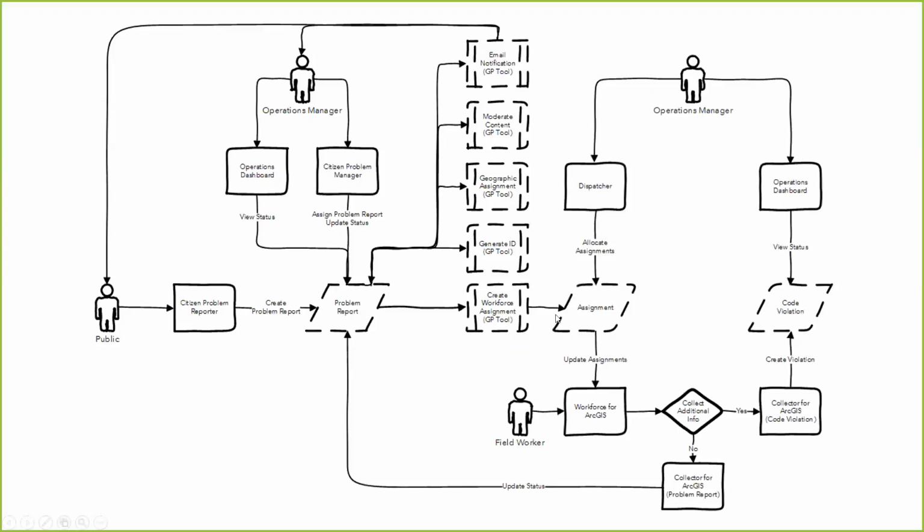The last one I'm going to talk about opens up this whole web over here on the right-hand side. And this is a way of taking that issue that's come in from the public, that problem report, and really pushing it through the rest of the workflow. So the diagram I'm showing here uses our ArcGIS tools. So this is how you would take that problem report, use it to create a workforce assignment in the layers